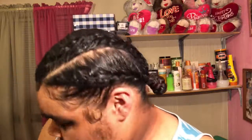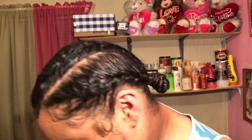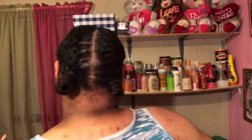So this is what it looks like. You really can't see. It's like braided really well. And I like how I did the two little buns in the back personally. But yeah, if you get inspiration from this video, you don't have to do the back like this. But if you do,